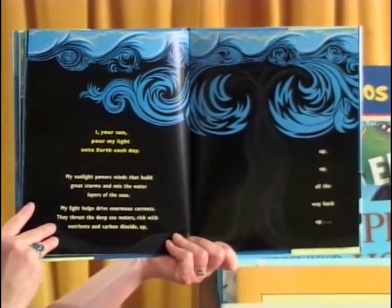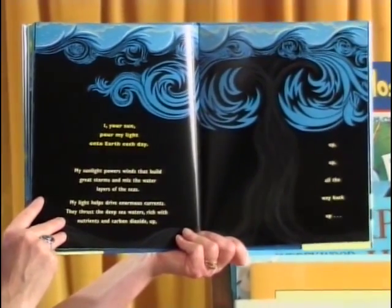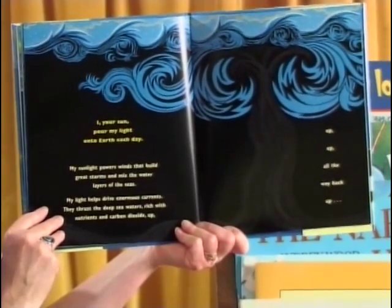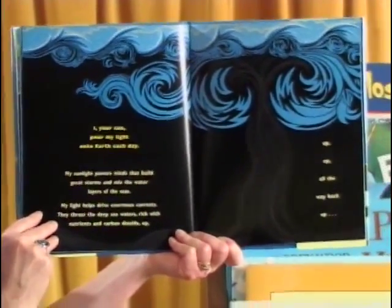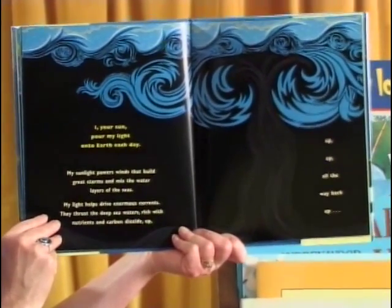I, your sun, pour my light onto earth every day. My sunlight powers winds that blow. They build great storms and mix the water layers of the seas. My light helps drive enormous currents. They thrust the deep sea waters rich with nutrients and carbon dioxide up,